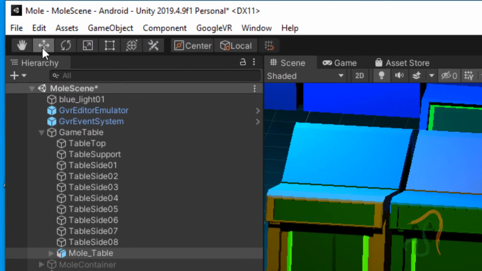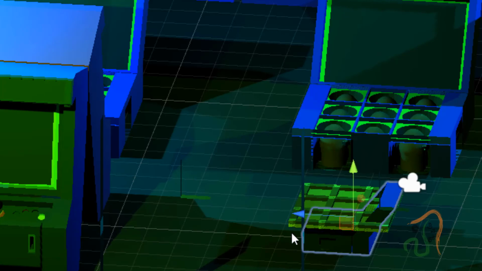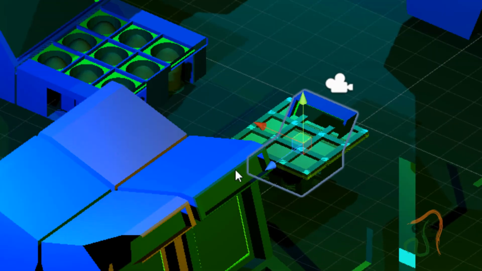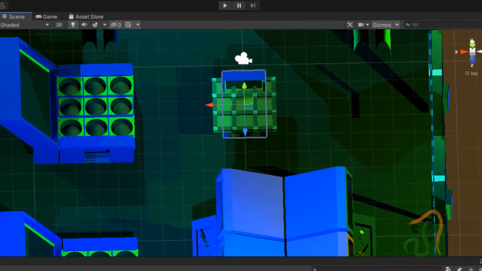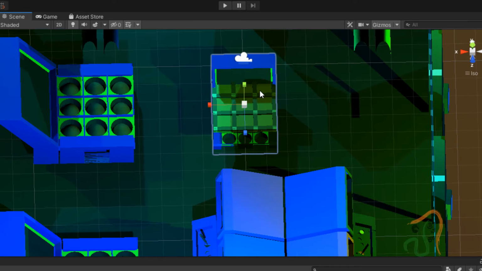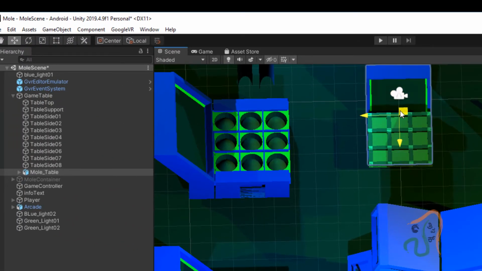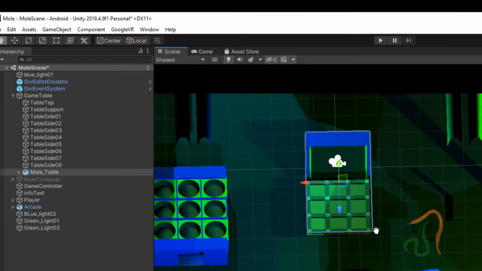Let us select the move tool and let us move it and see what is the relative size here. Or otherwise let us take the scale tool and from the center let us scale it exactly, and again select the move tool and move it to place it exactly at the position where this table is.